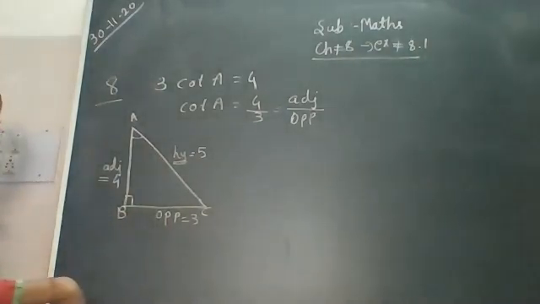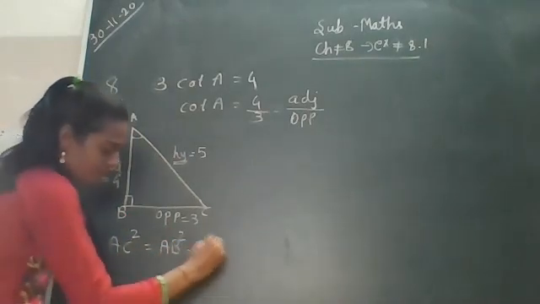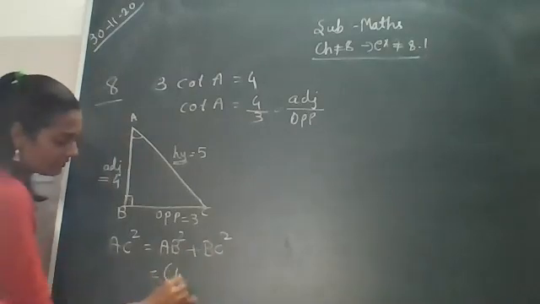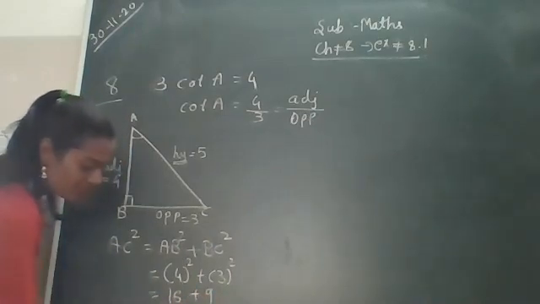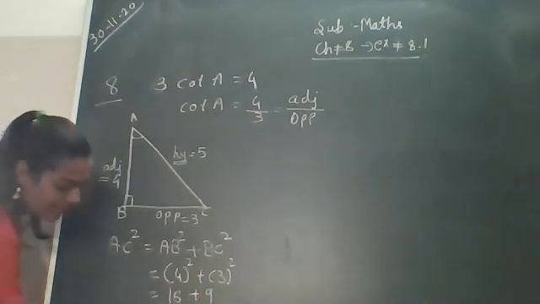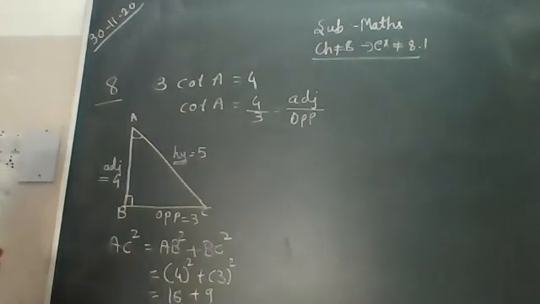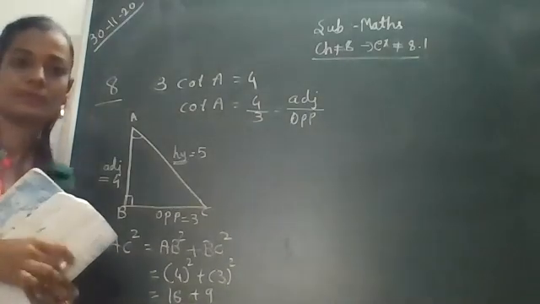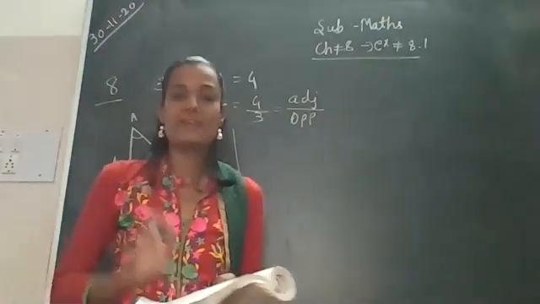But one more time we go with the procedure. Okay, so it will become AC square is equal to AB square plus BC square. AC square is equal to 4 square plus 3 square is equal to 16 plus 9 is equal to 25. So ultimately you will get AC is equal to 5. Right? Have you got this much? Yes, ma'am. Okay. Does anyone have any doubt? No, ma'am.